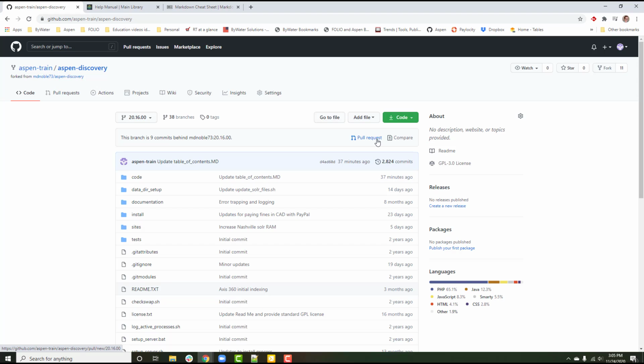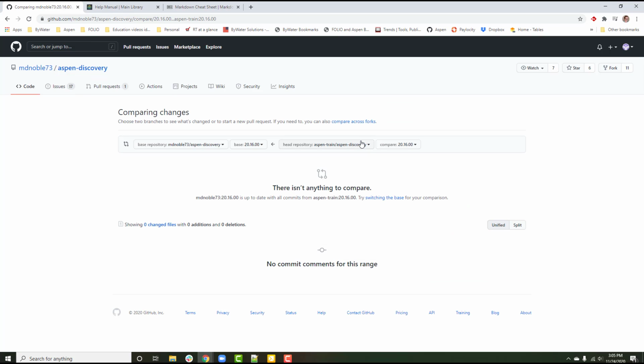So I'm going to do a reverse pull request. So I'm going to ask for the information from the main branch to my branch so that my branch is up to date. So I'm going to click on pull request. And then you're going to go to this page here. As long as there isn't any pending pull requests from you, you should get this notice that says there isn't anything to compare. Try switching the base for your comparison. This is just the easiest way to do this. You'll want to click on switching the base,